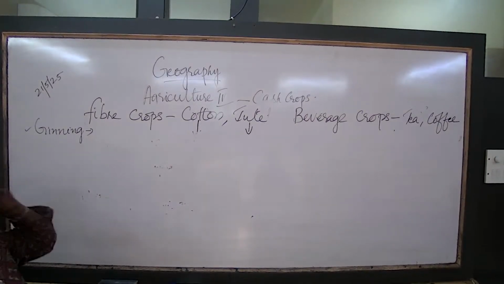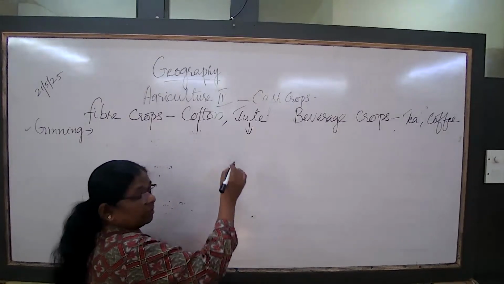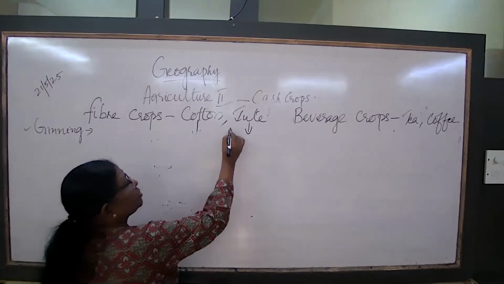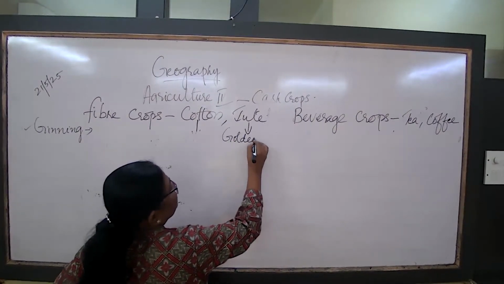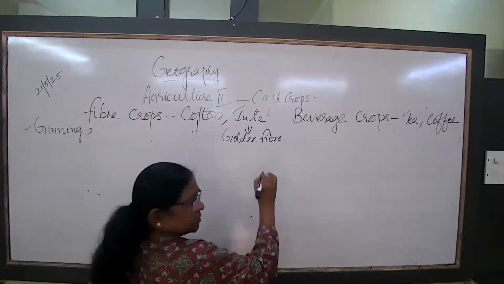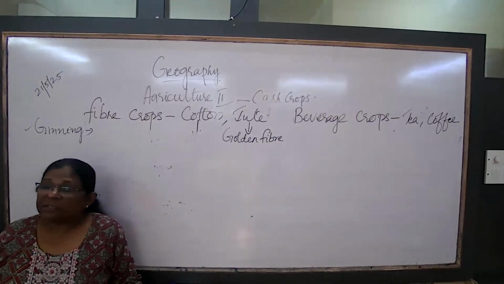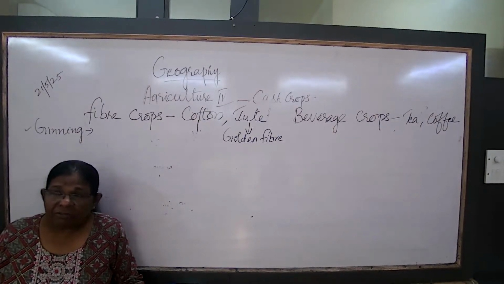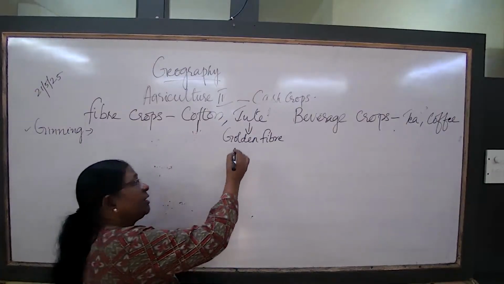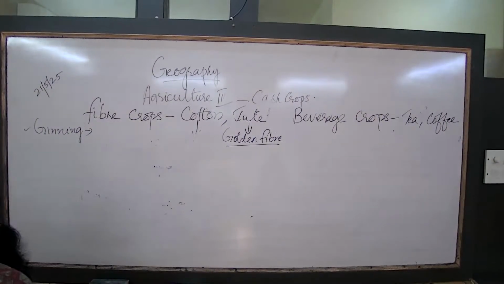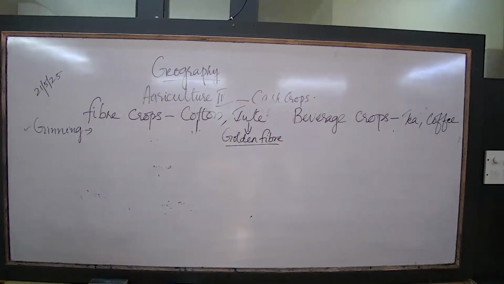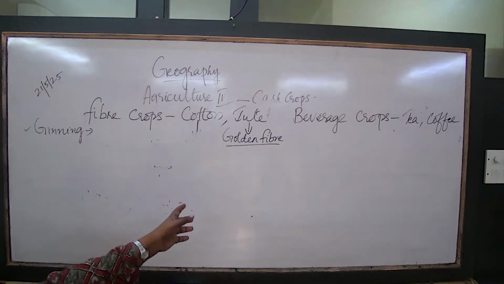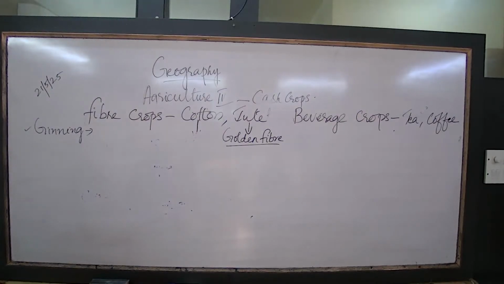Okay. What is the peculiarity of jute? It is a shiny substance. It is known as golden fiber. It is called golden fiber. Why is it called golden fiber? It provides huge revenue to the government. That is also there, but you just say what is the color of it, and it is costly compared to the cotton. It is costly, or it fetches money.